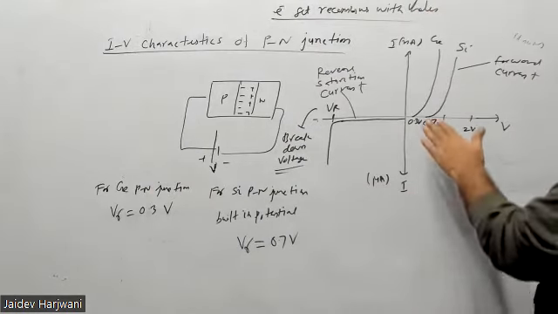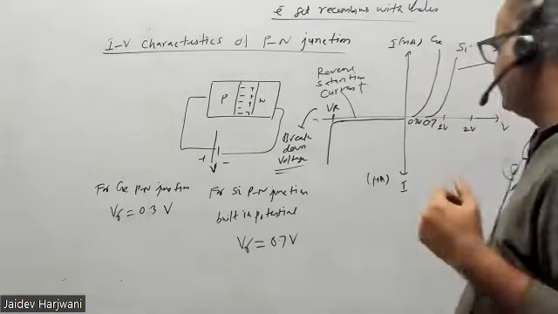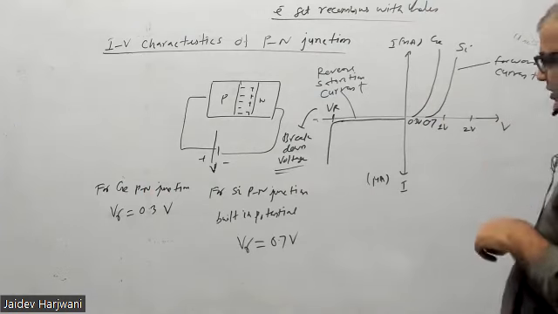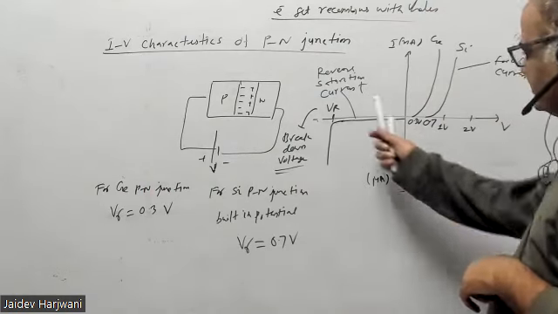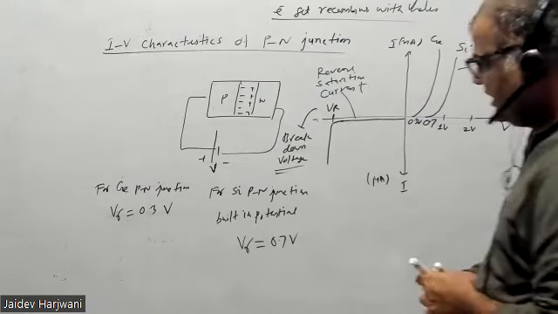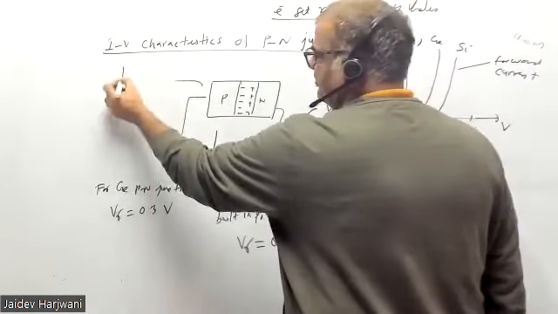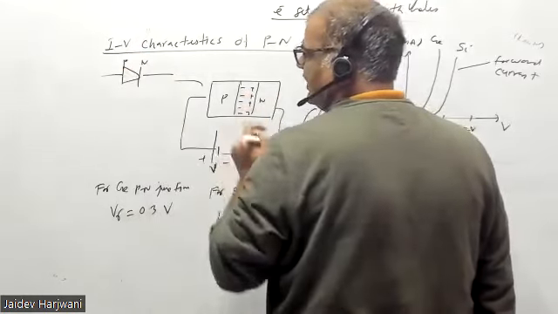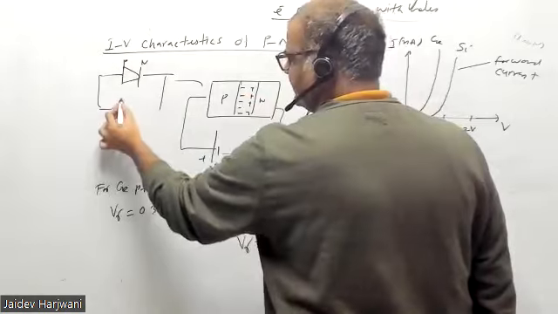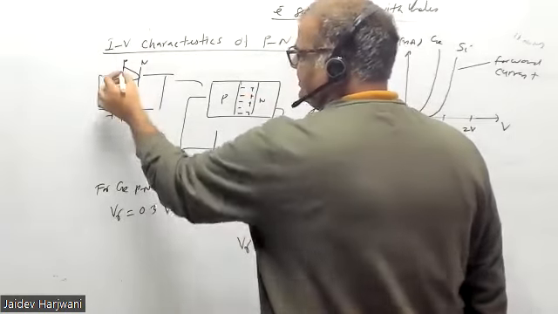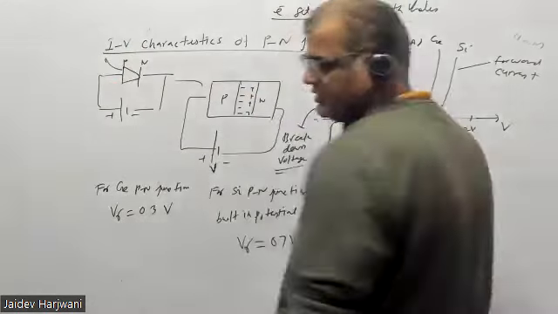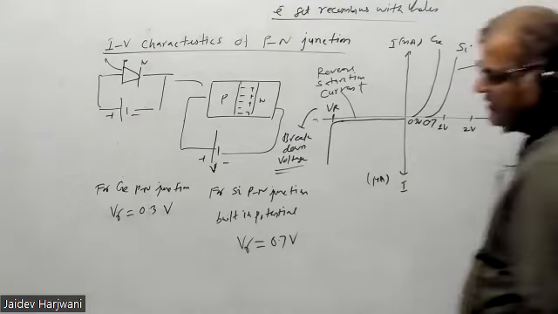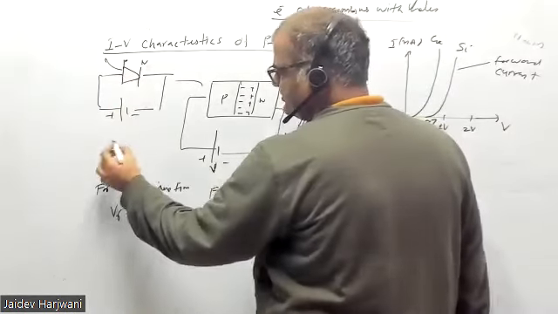And in forward bias, it flows a high amount of current, after the voltage is greater than this value. So this is forward bias, this is reverse bias, and the PN junction can be replaced by the diode symbol. This is the P part, this is the N part. For forward bias, I have to apply plus and minus like this. Whenever this side is higher potential and this is lower potential, this is forward bias, and current will flow here. And whenever it is reverse bias,